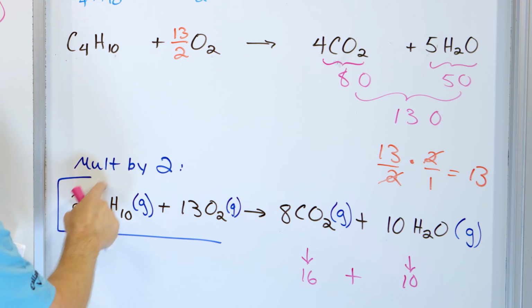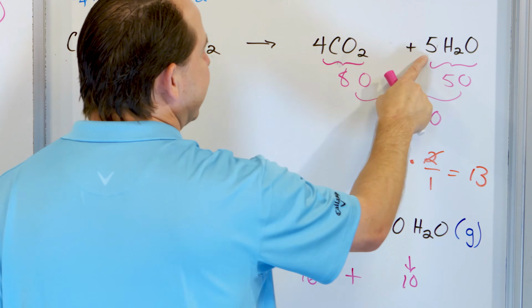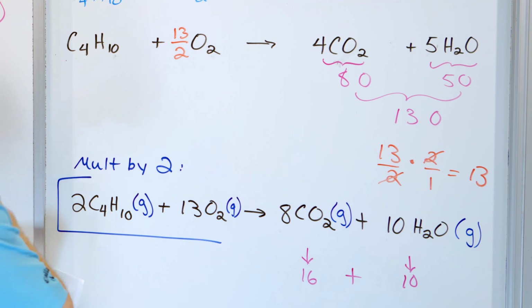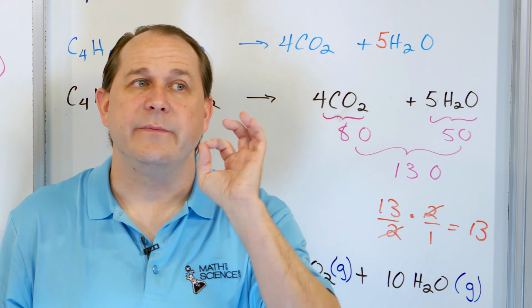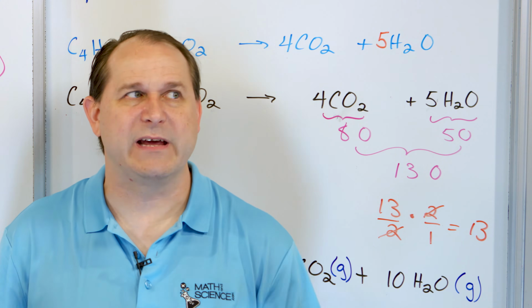Multiply this by 2 to get this, multiply this by 2 to get this, multiply this by 2 to get this, multiply this by 2 to get this, and this is the balanced reaction in terms of whole numbers. All right, now that we have done the introduction of using fractions to balance a chemical reaction or chemical equation,